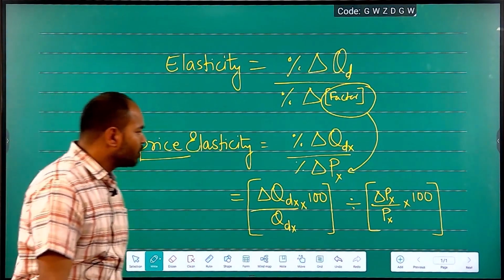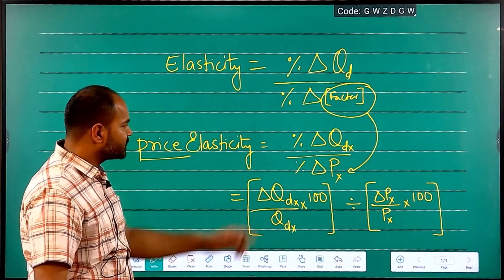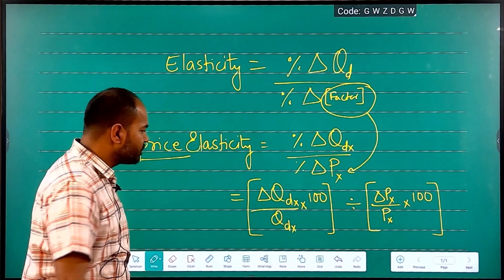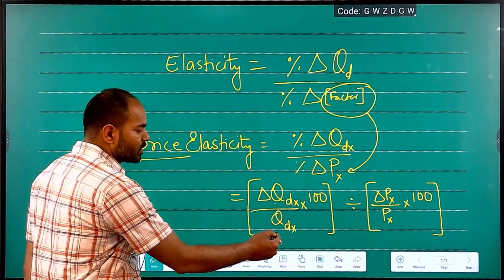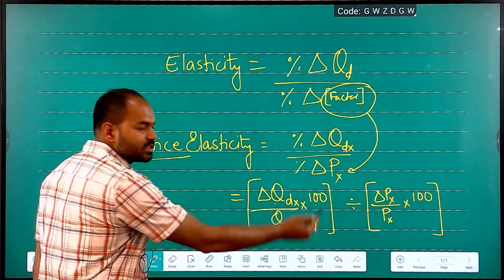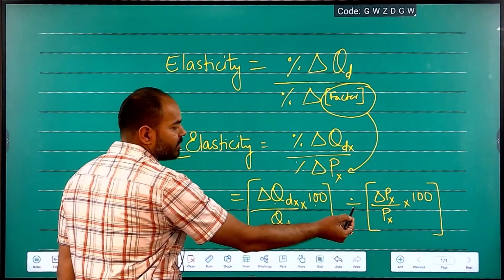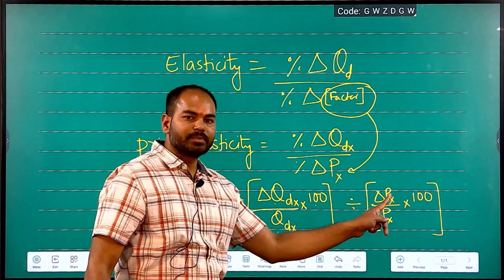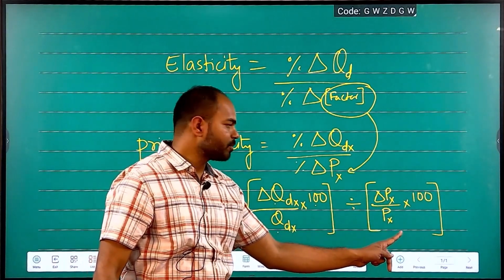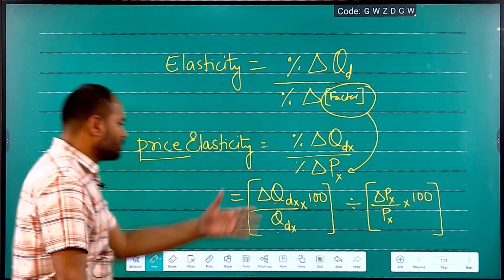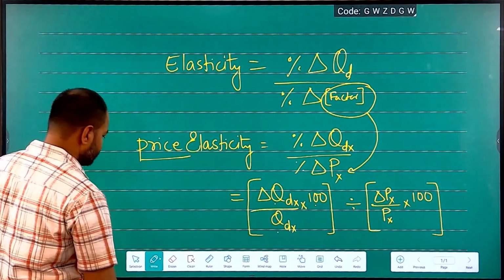So what is the formula for this? Percentage change in demand: how can we calculate it? Change in demand upon total demand, multiplied by 100. This is the way to calculate percentage, isn't it? Divided by change in price upon price, multiplied by 100, the percentage change in price. So it could be rewritten as